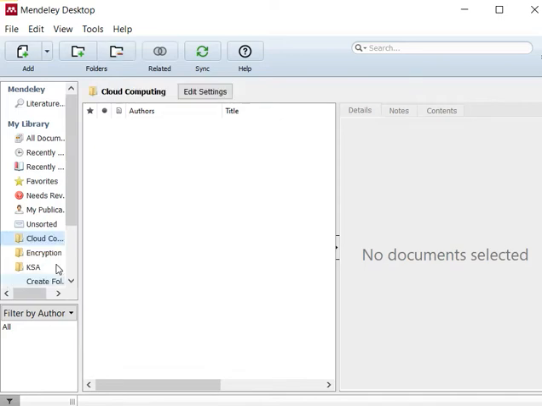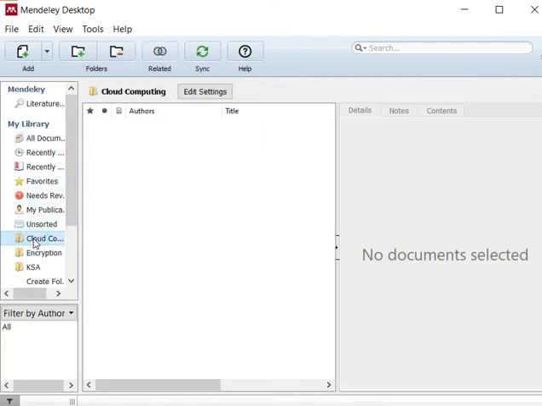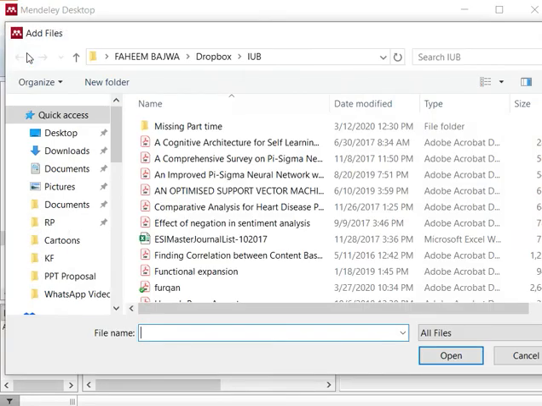Cloud computing. Here you see that all three folders are created. Previously, all the documents that we inserted were unsorted, so all the documents appear in the All Documents tab. If we are going to insert a document in the cloud computing folder, for example,